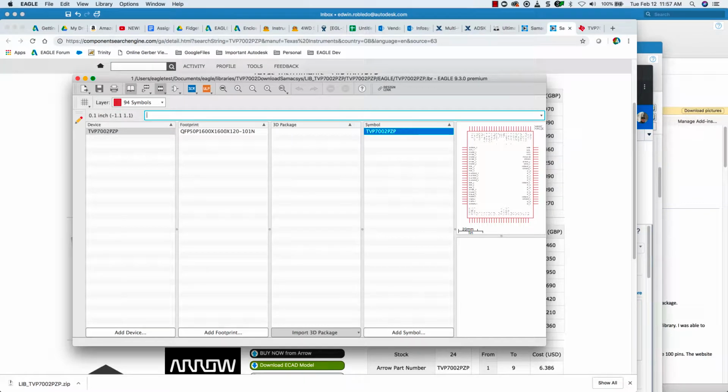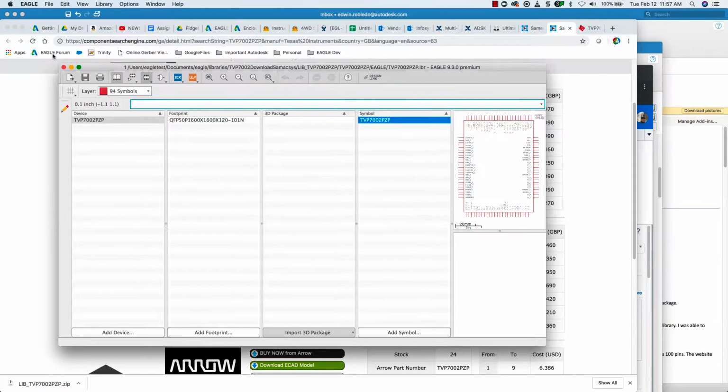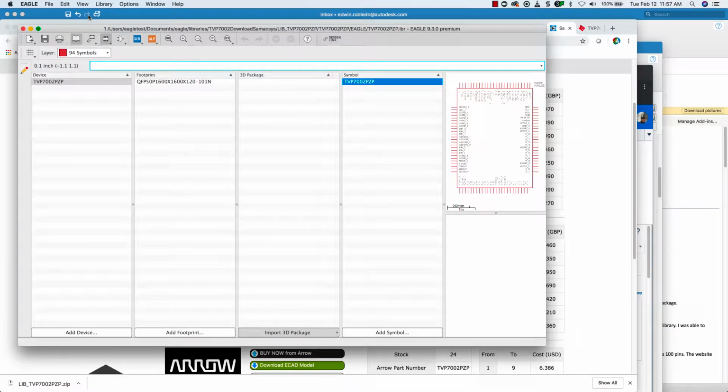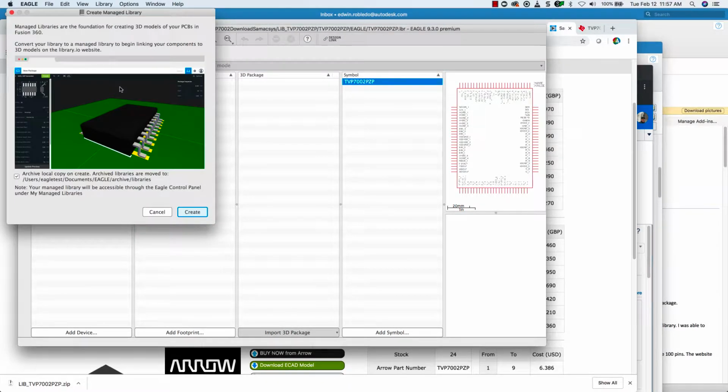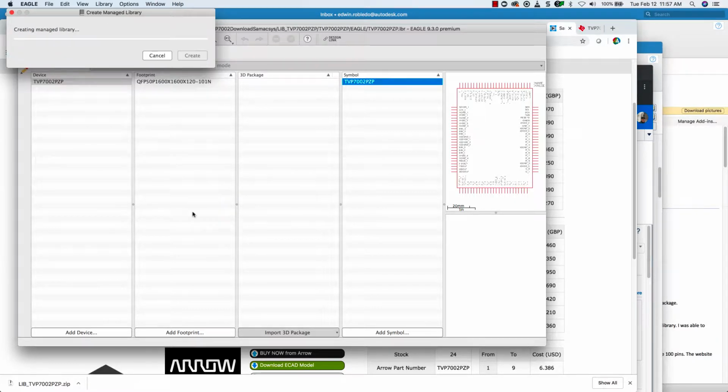A user provided me a link for a TVP7002 component that he actually found on Samacsys and included the step model, and was asking me how to associate the step model with the actual component. The first thing you need to do is load that library and convert it into a